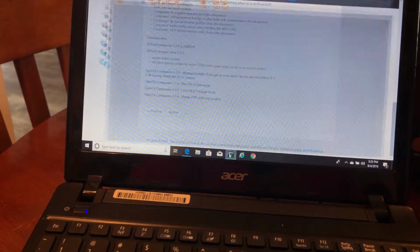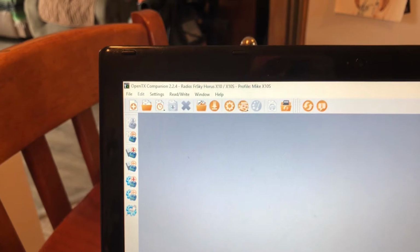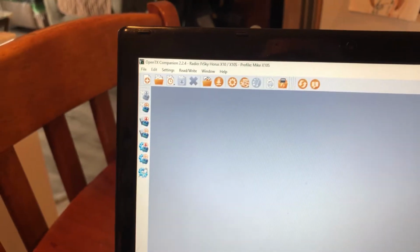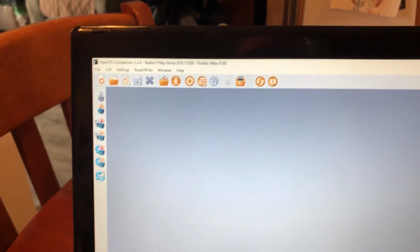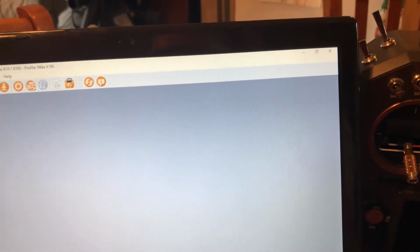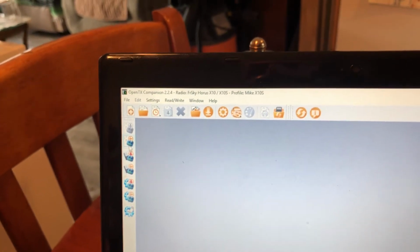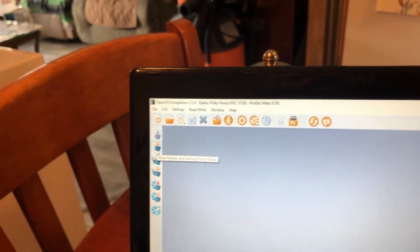But I already have it installed, so we're going to go ahead and open it up, and when you open it up, it looks like this. There are various little icons up there with things to do, and if you're uncertain about what to do, there are websites that can tell you how to do certain things, but it's pretty much self-explanatory. If you highlight over a specific icon, it's going to tell you what it does. I'm highlighting over that little red one there, and it's going to tell me right back up to radio. This one here is read models and settings from radio,